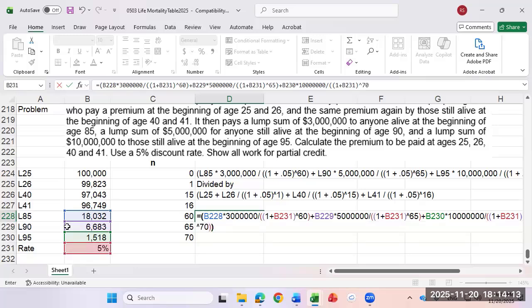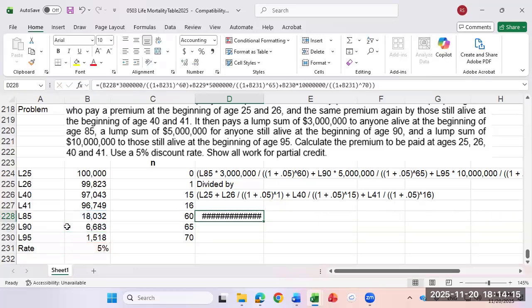So that's the present value of what we have to pay out. Looks like a massive number, $4 billion,